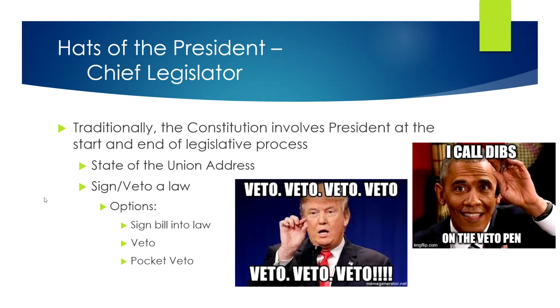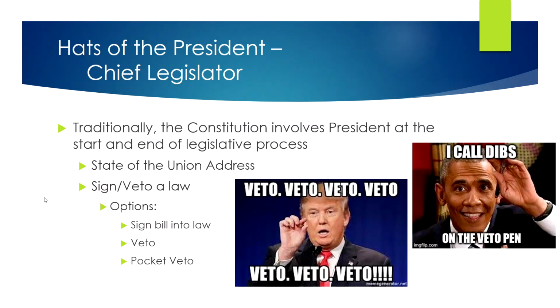And the president has three options. They can sign a bill into law. By signing this document, this is a check on congressional power. Right? We have the executive branch and the legislative branch having to agree on a law. So a bunch of different places and different people must agree that this is in fact a good law. So again, we see a part of the checks and balances.